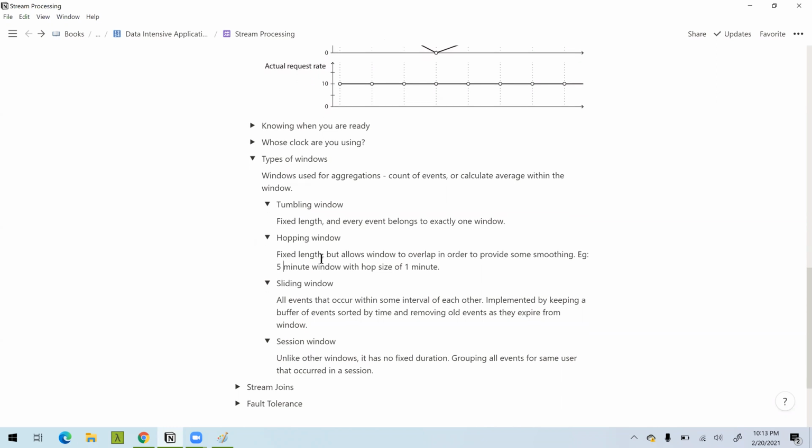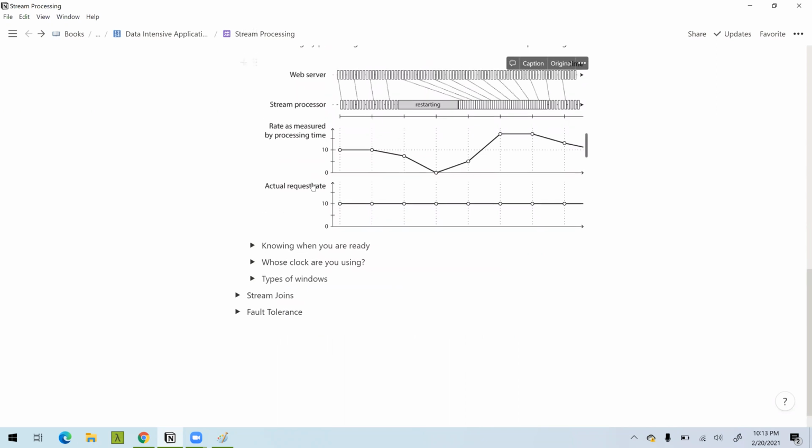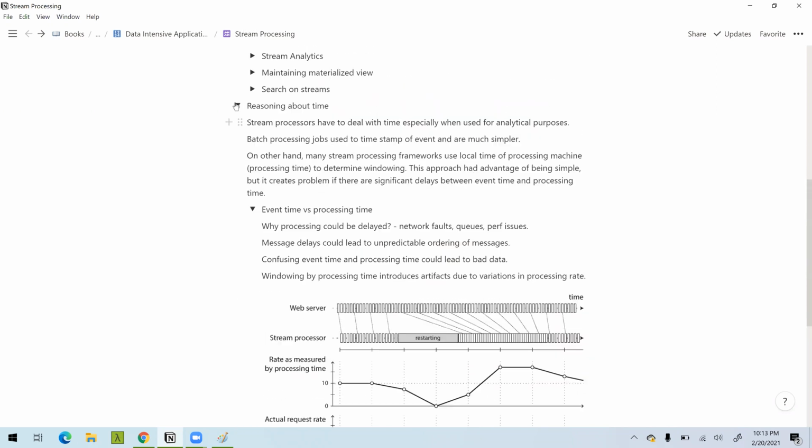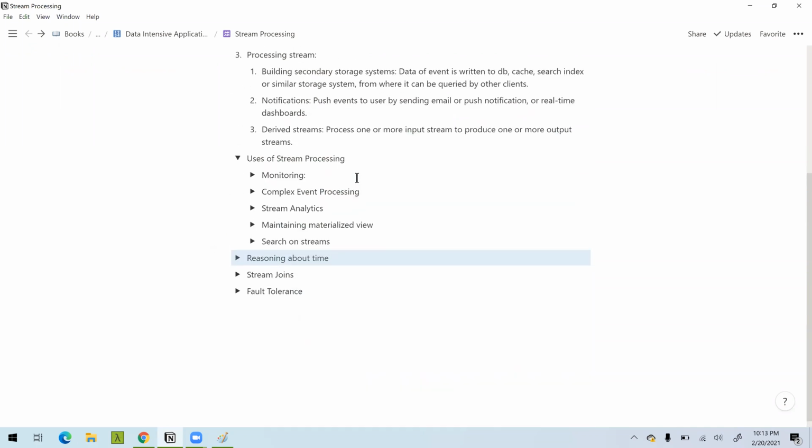Okay. So these are the types of windows. Now the next discussion that we will do is stream joins. It is a little interesting concept and not very trivial, so let's see if we are able to do it in 15 minutes, maybe. Okay, so basically we saw in batch processing that you